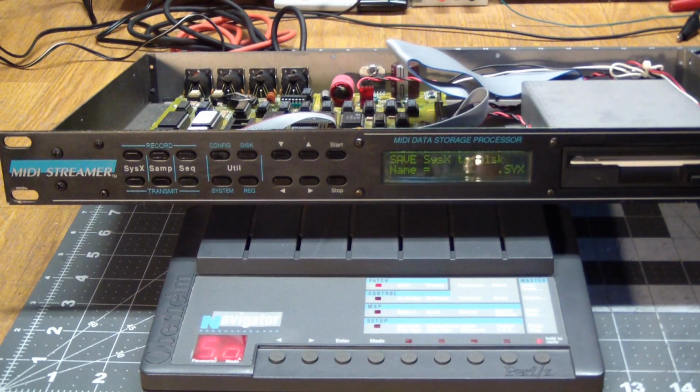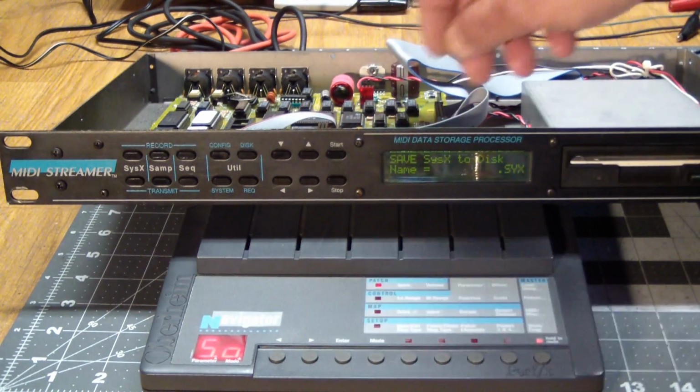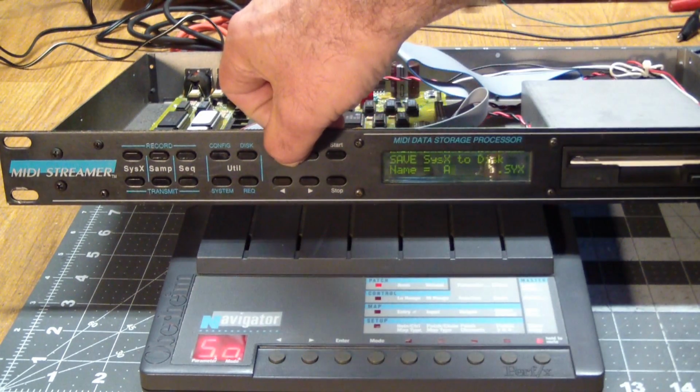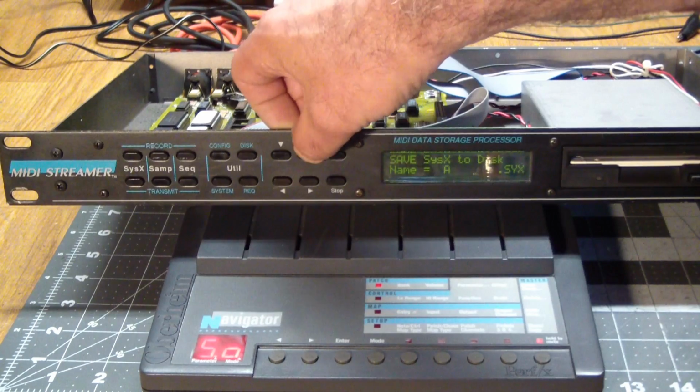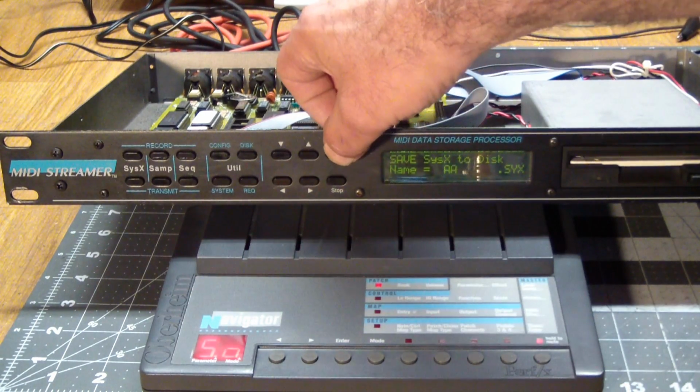Now it's asking us for a file name, and it's wonderful to enter names with these 4 buttons. So we're going to keep it short. Let's call it AA. And then we hit start, and what it'll do,